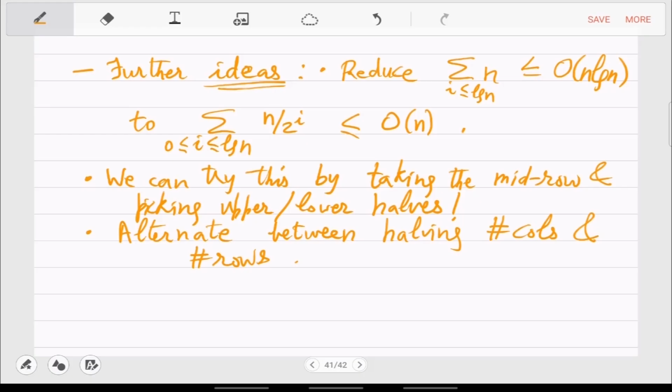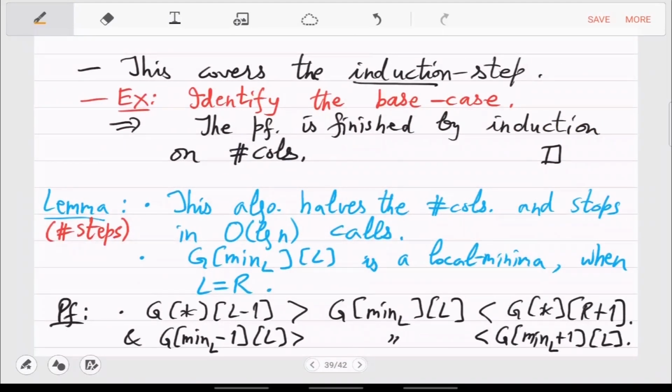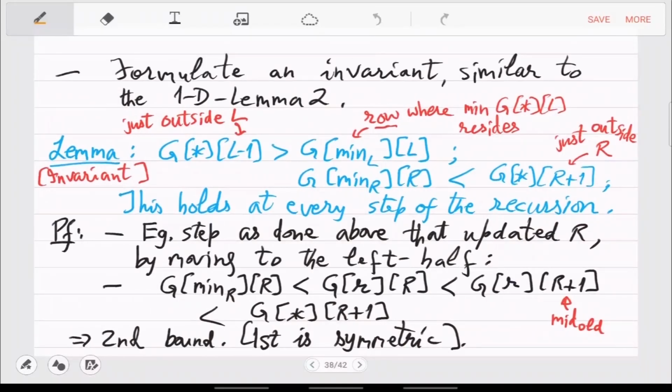So the problem that will happen is with the invariant. You have to show these two inequalities and maybe more. So this invariant will not generalize for free.